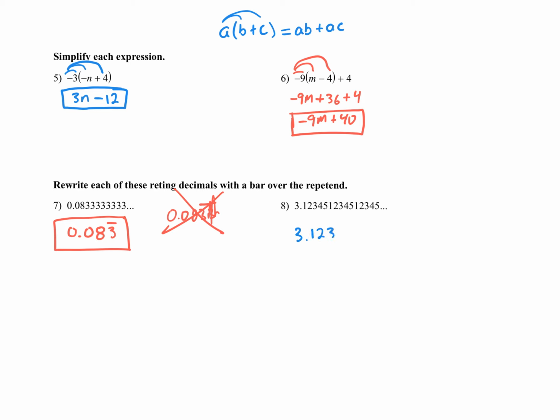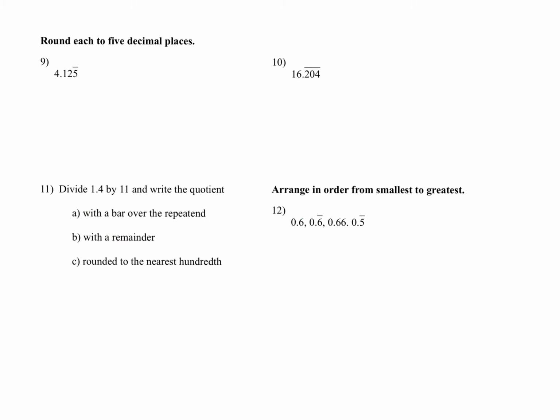3.1, 2, 3, 4, 5. Now since all of those are repeating over and over again, I'm going to put the line over all of the part that repeats. All right, round each to 5 decimal places. So since this repeat is over the 5, that means this is